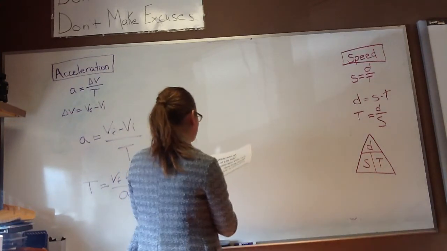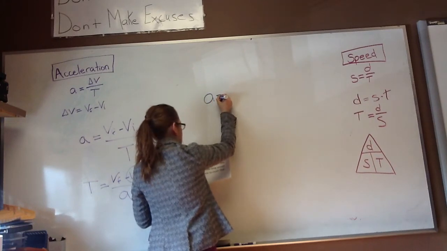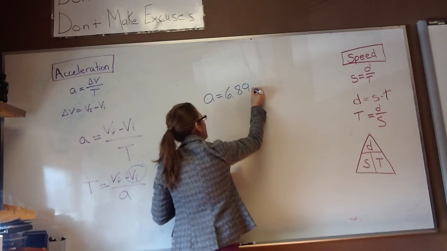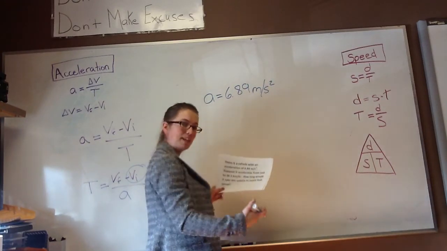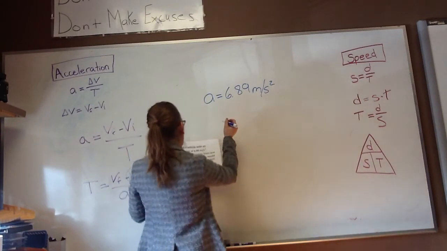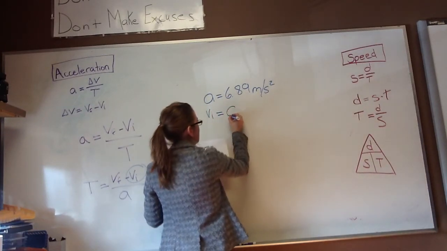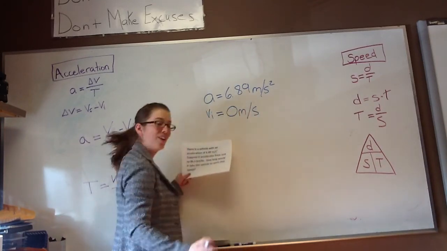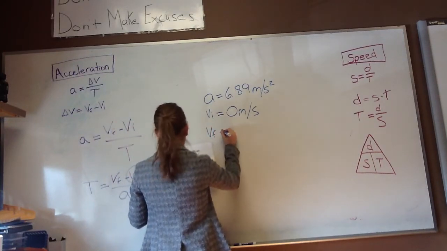Let's get started. Our acceleration is equal to a positive 6.89 meters per second squared, meaning this car is speeding up. Our initial velocity is rest, which means it's going at 0 meters per second. Now here's the tricky one. Our final velocity is